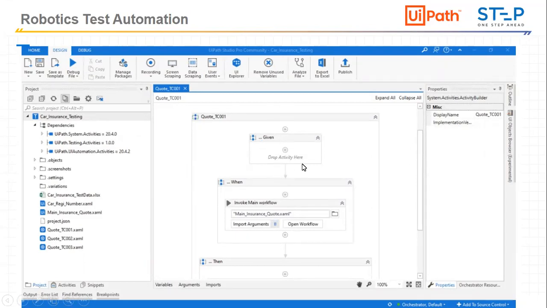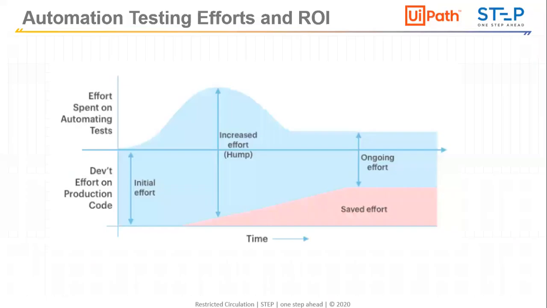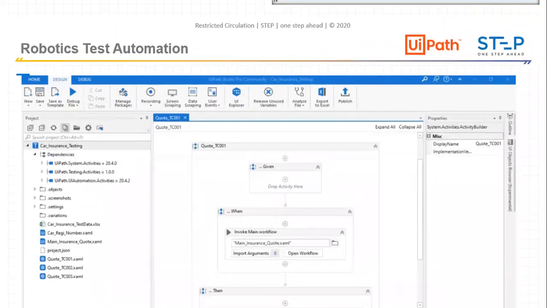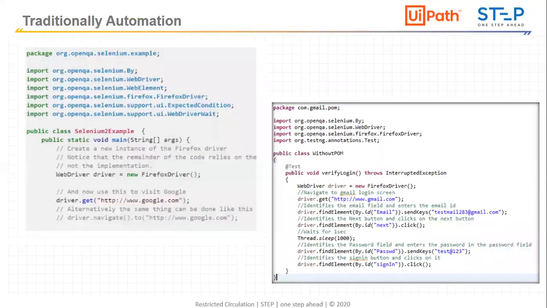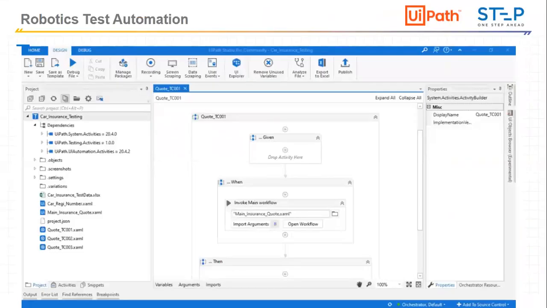This is a kind of flow chart, and with this workflow I can just drag and drop the activities here. I can define any condition, when this is happening then what should happen, or if-else conditions. So this is very easy. It is just drag and drop and use that particular automation. So we have just seen this code, and this is the simple type of automation which we can do.